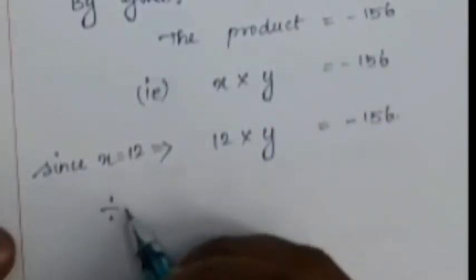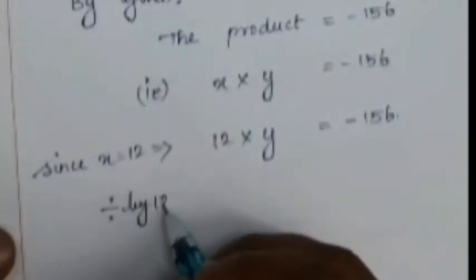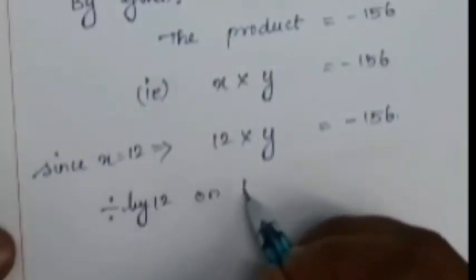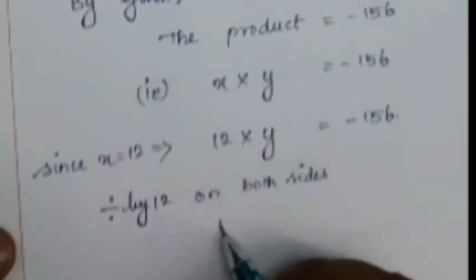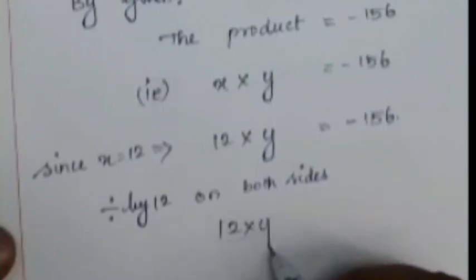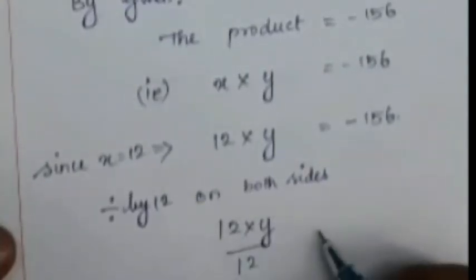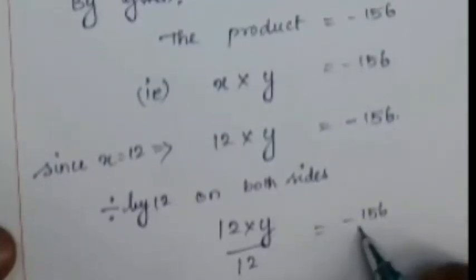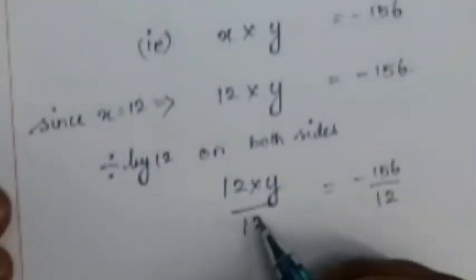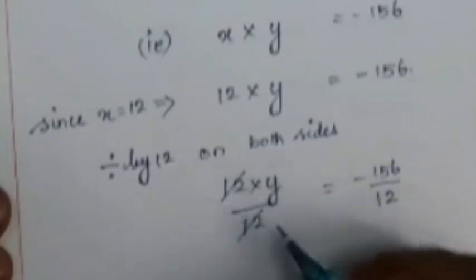Divide by 12 on both the sides to cancel 12 in left side. By cancelling 12 on both numerator and denominator, we get y is equal to minus